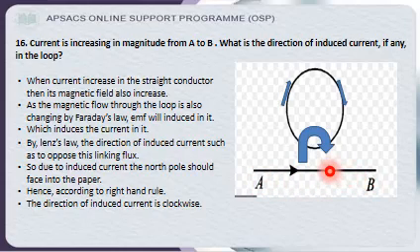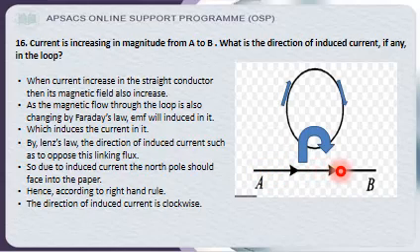Now, we know the concept of electromagnetism. Whenever there is a current-carrying conductor, there is a magnetic field around that conductor. According to the right hand rule, the direction of current is from left to right, so there is a perpendicular direction of magnetic field, as well as a perpendicular direction of force. The direction of the magnetic field is a closed loop, which I have shown with the help of this arrow.